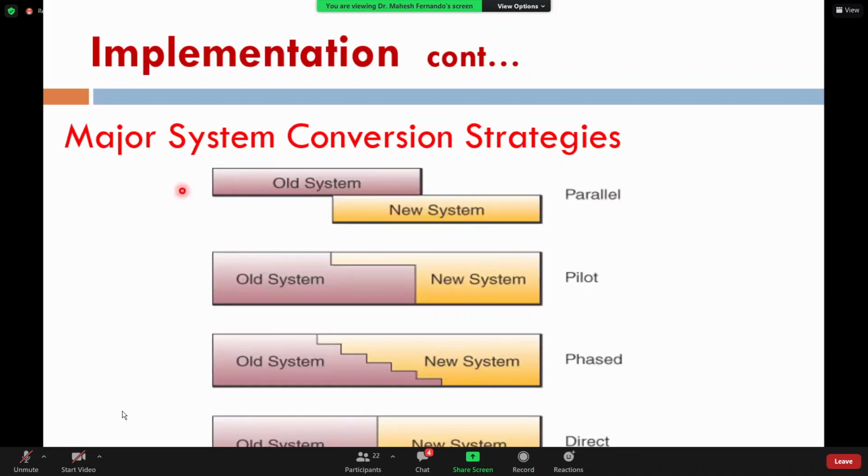And implementation or the conversion strategies are one other important thing to understand, how we convert from the old system to a new system, right? The old system is in the purple color, and the orange-like color is the new system. Then we have 4 different conversion strategies. One is the parallel strategy,